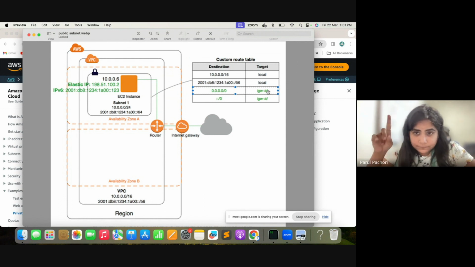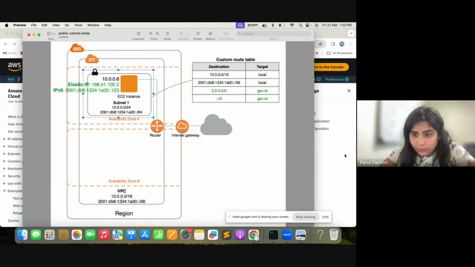For any traffic, if the destination is of this CIDR, because it is a VPC CIDR, then look inside. This will automatically be available every time you create a subnet. And this is what we have added to create a public subnet. So anything that is directly connected to an internet gateway for incoming and outgoing requests, that's how we create this particular subnet as